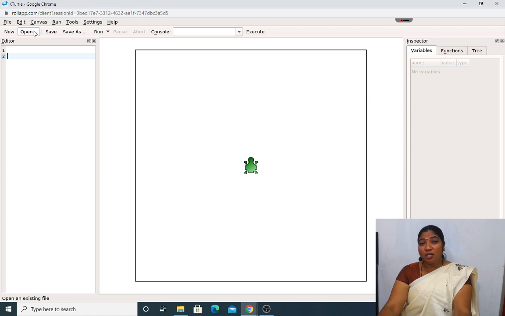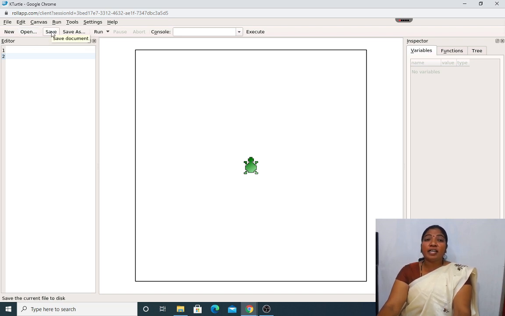In the notepad chapter we have learned how to create a notepad file, how to save as, how to open. Only if we have created a document or a KTurtle program, then only we have an option to open an existing document. Next, save.